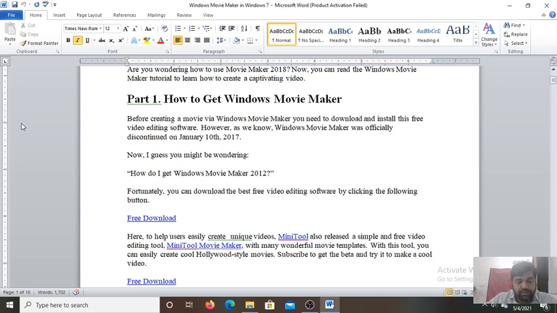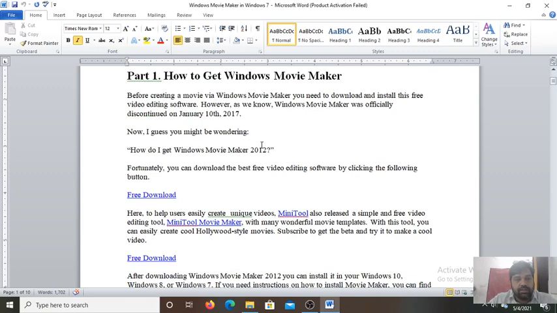This software lets you create movies using special effects, transitions and themes to make your movies stand out. You can make movies for various occasions like birthday parties and family gatherings. In just a few clicks, you can share your movies on social networking sites such as Facebook and YouTube.